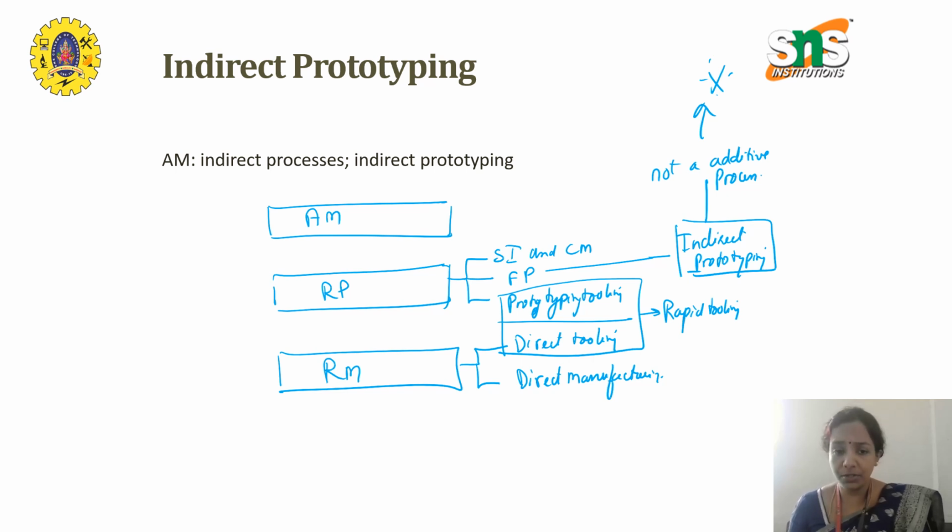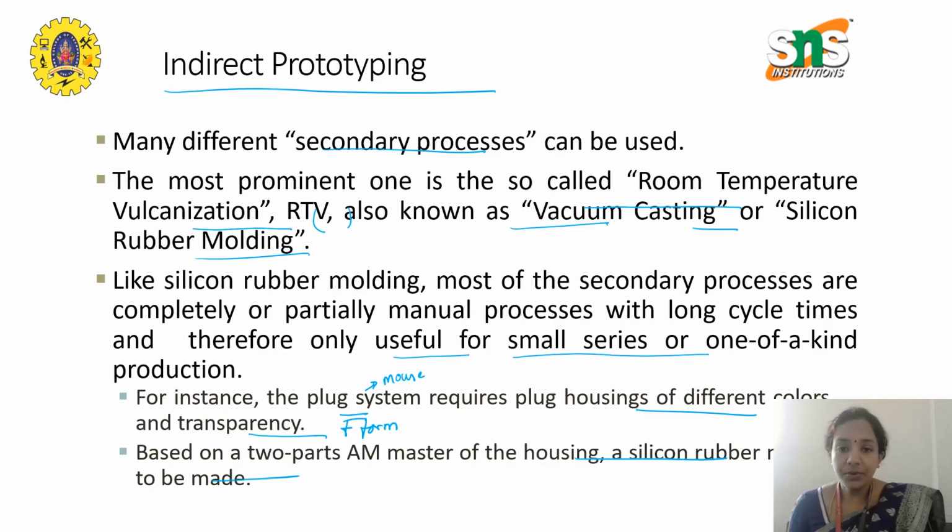So we know that additive manufacturing is a process of rapid manufacturing and rapid prototyping. Many different secondary processes or indirect processes can also be applied. The most prominent one is so-called room temperature vulcanization (RTV). It is also called vacuum casting or silicon rubber molding. If we want to develop the sole of a shoe, then we can use silicon rubber molding. There will be a setup, and based on the setup, the impression will be obtained for different sizes of the